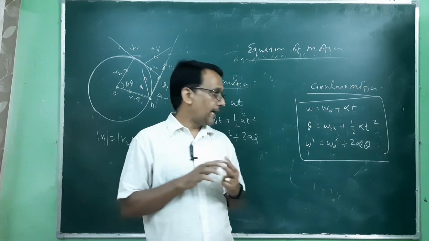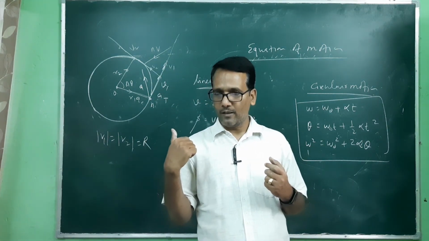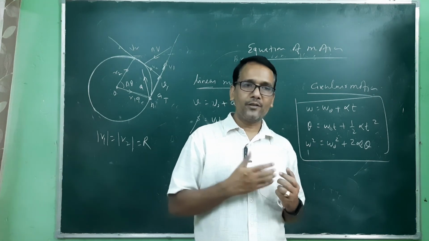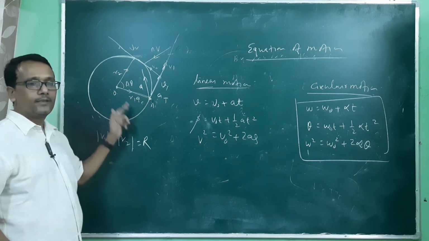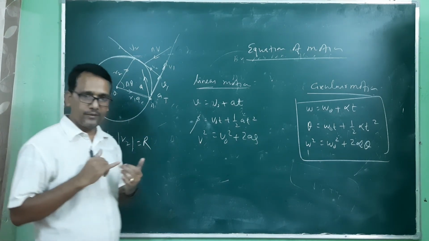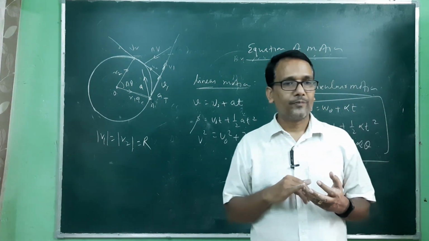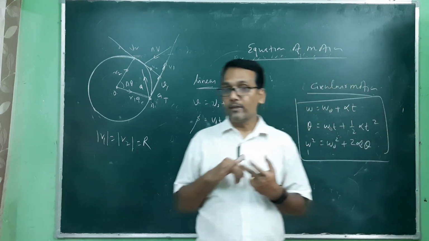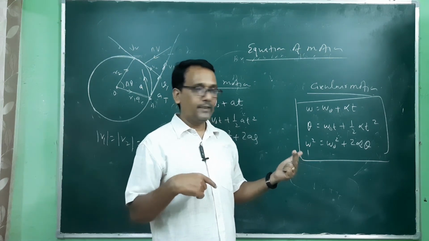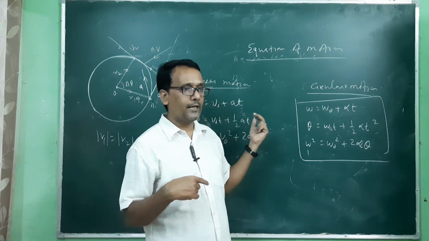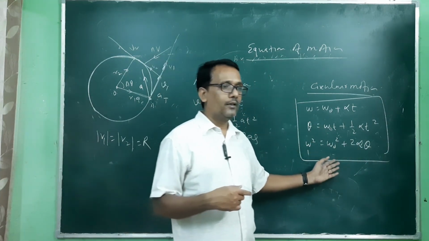Okay, so the acceleration is actually the vector sum of AT and AC. The direction of tangential acceleration is along the tangent, and the direction of AC is toward the axis. From the definitions we can derive the relation between angular velocity and linear velocity. We can derive the relation between angular acceleration and linear acceleration, but that relation is for the tangential one. And then separately we have defined and derived the relation for centripetal acceleration. Okay, and these are the equations of motion in circular motion.